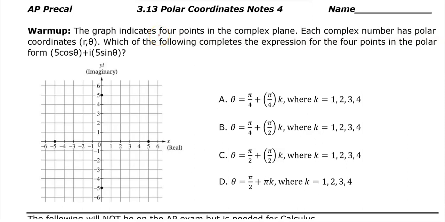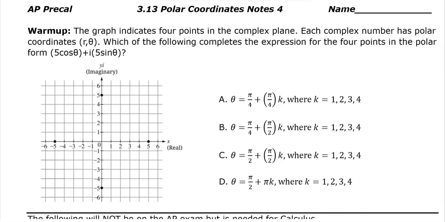All right, so we are going to go ahead and finish talking about polar coordinates today. In this warm-up problem, from AP Classroom, it says the graph indicates 4 points in the complex plane. Each complex number has polar coordinates r, theta. Which of the following completes the expression for the 4 points in the polar form 5 cosine theta plus i